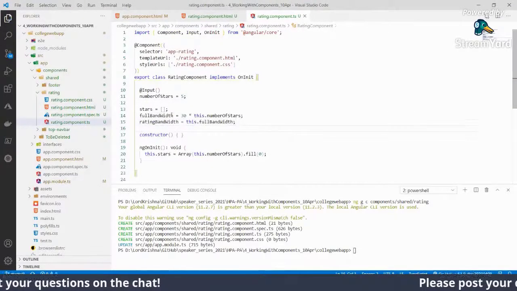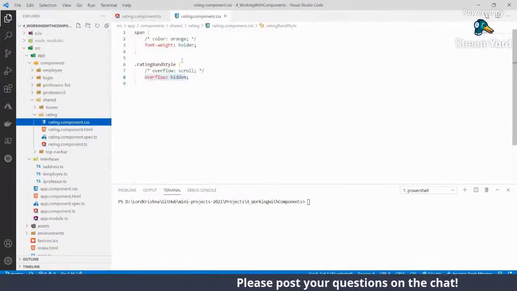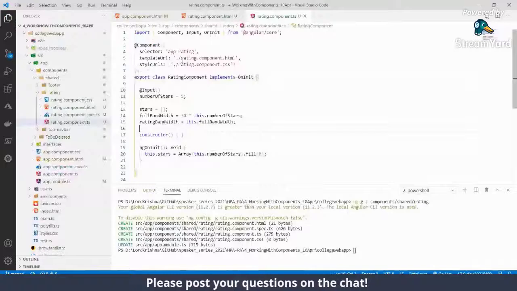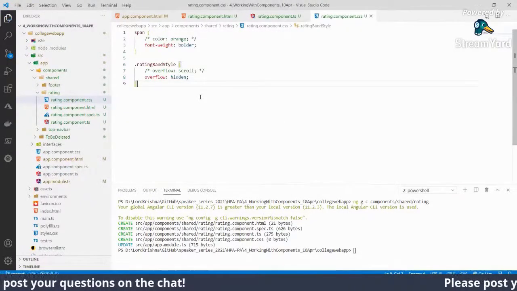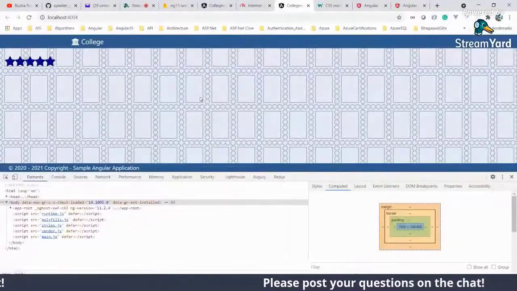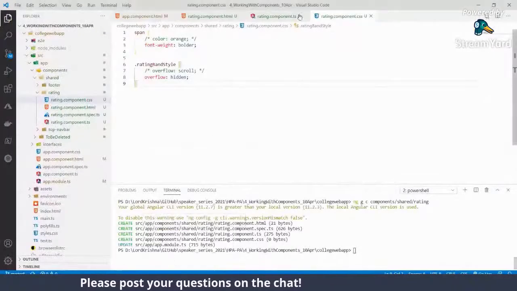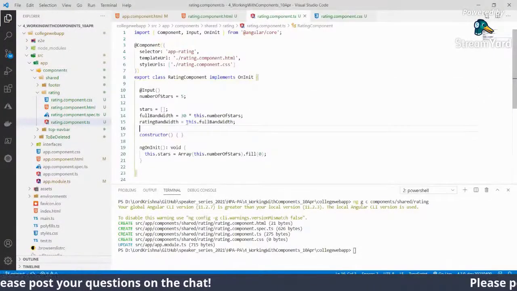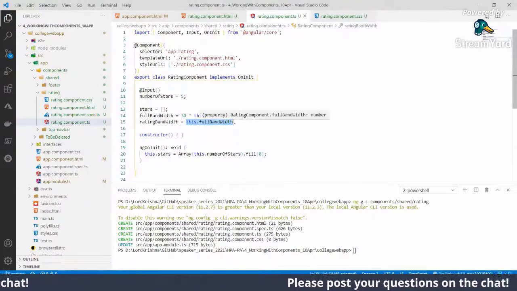We'll have these two properties here, and also one small CSS we will be using is this one. Now we have this, and it shows properly. What if I come back to this rating component and say I have only 80?